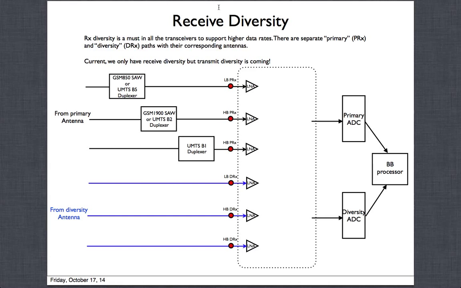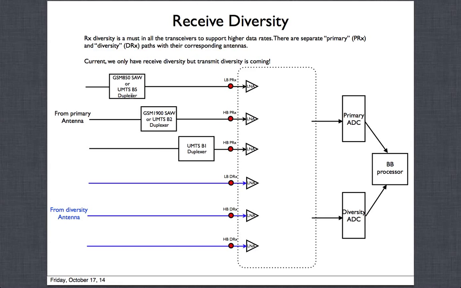The reason we need these duplexers is primarily, and again, diversity is not there in GSM. GSM does not support it. Actually, now I take it back. I think there are certain things which are not GSM but GSM-type old legacy modes where we are adding diversity, so we will look at it. But for this discussion, let's just assume that diversity in most cases is only applied to UMTS-type modes, where you have duplexers.